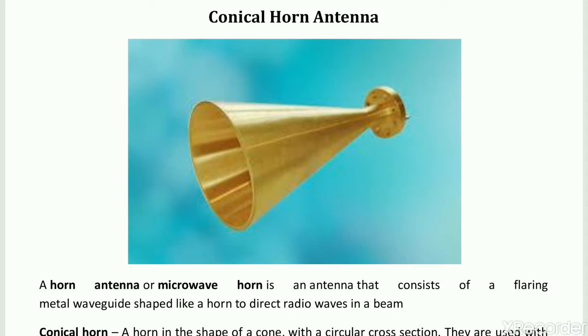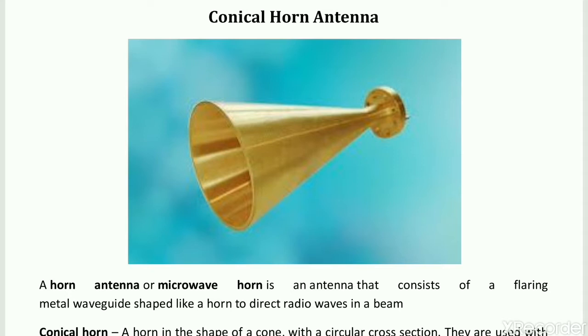antennas, we require waveguides, but in the case of the conical horn antenna, we require cylindrical waveguides because there is a cone-shaped structure of the horn. Before, in the case of the pyramidal horn and sectoral horn structure, the opening of the flaring or of the waveguide horn is of a rectangular or square type. So in that case we provided a rectangular waveguide, but in the case of the conical horn, cylindrical waveguides are mostly used.